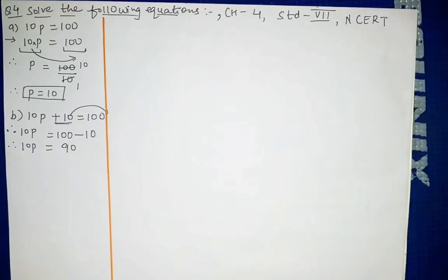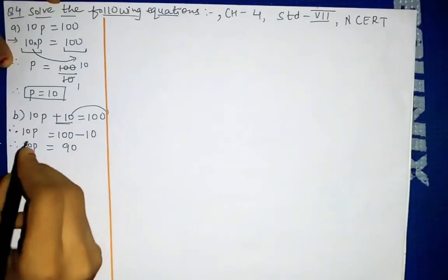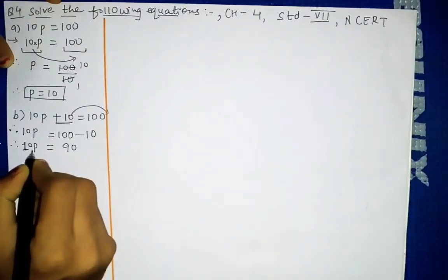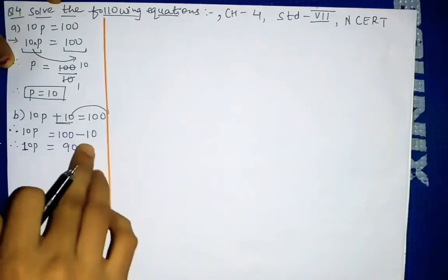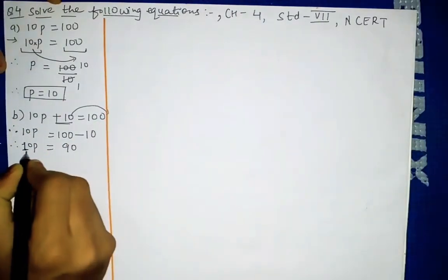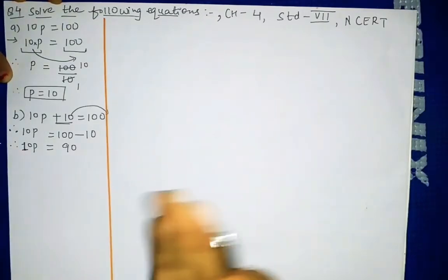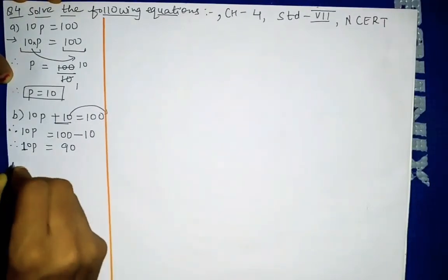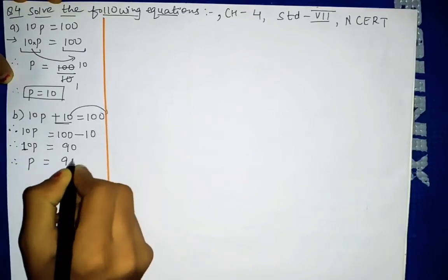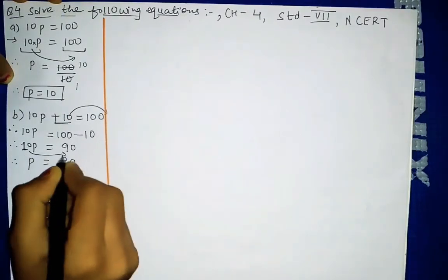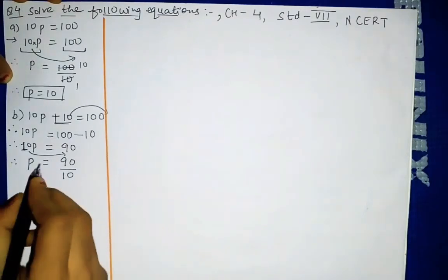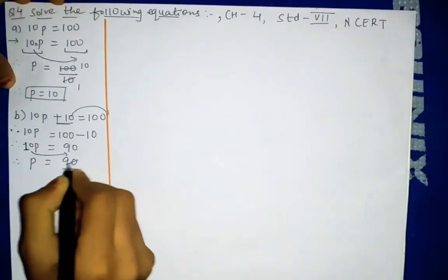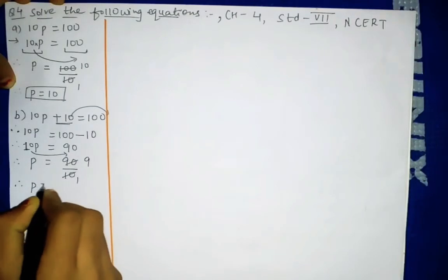Okay, now the next step, 10 is removed. Now again 10p equal to 90, this we got. Now this 10 is in multiplication. This was in addition, so we took that to the other side and wrote minus 10. Now this is in multiplication, so what is the opposite of multiplication? It is division. So where will this 10 go? It will go here in division, and on this side only p will be left, and here 90 is there, and this 10 will go down in the division part. Where will 10 go? Down. Whatever is in multiplication has to be taken down to division. So 10 ones are 10 and 10 nines are 90. So p equal to 9.